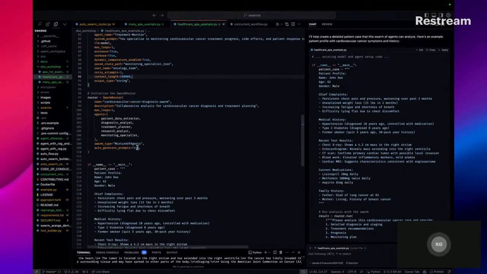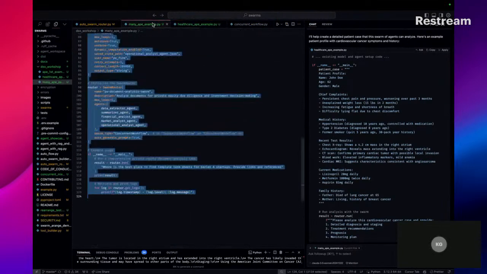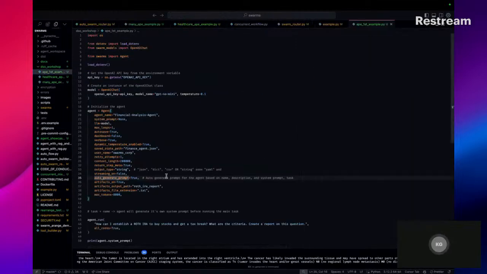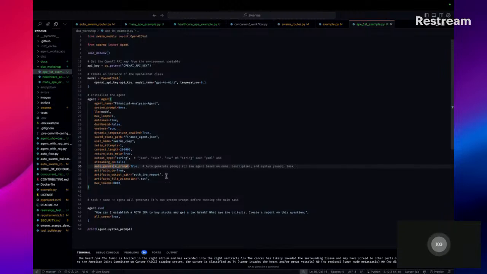Yes. Okay, I think I get it. Yeah, that's essentially what happens. You can manipulate the prompt. If you don't like the prompt that GPT-4 made, you can make it better, however you wish.